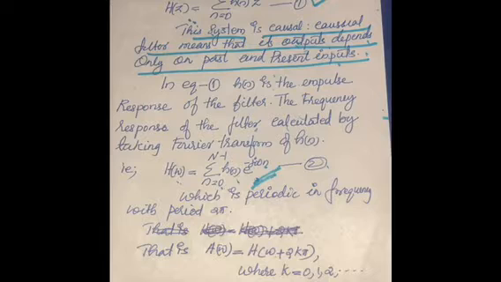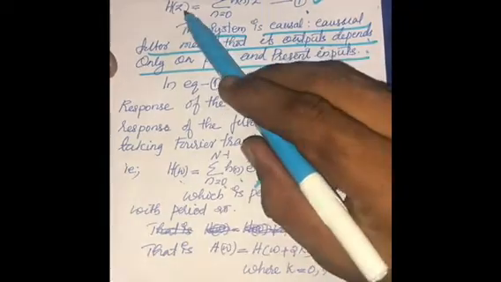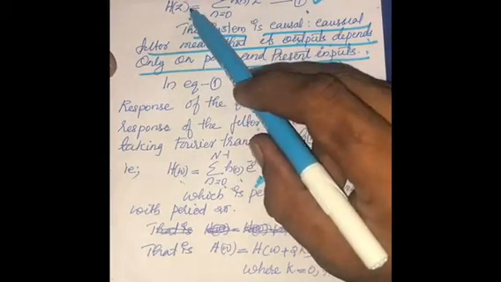So we must be sure about these three things. First, the phase should be linear. Second, the delay must be constant, and the impulse response should be symmetrical around its center. In order to analyze the characteristics of a linear phase FIR filter, here I take an example of a causal system. This is the impulse response of a causal system.